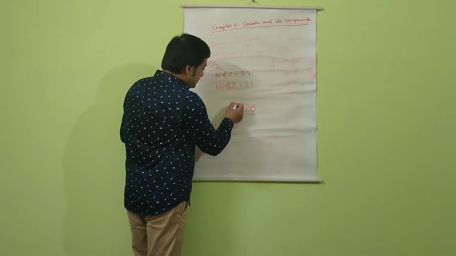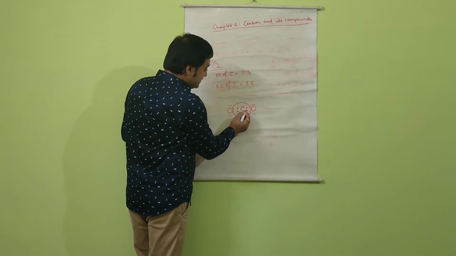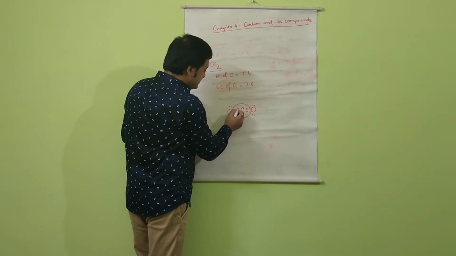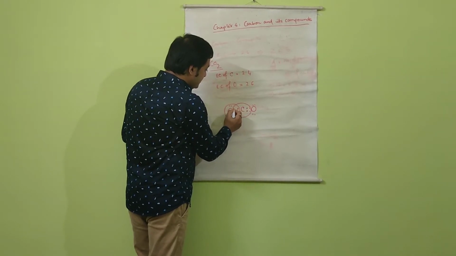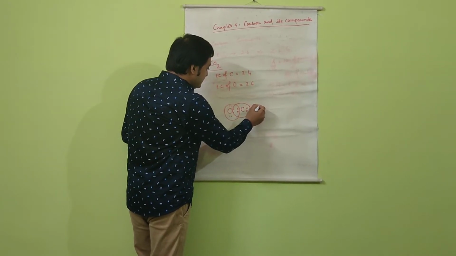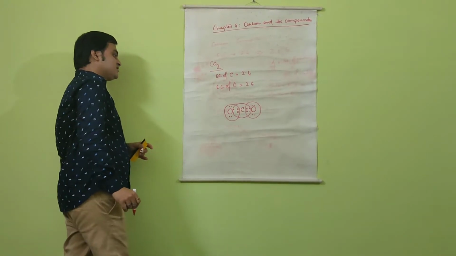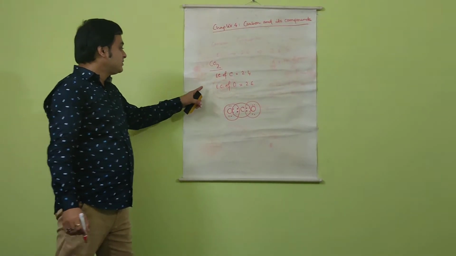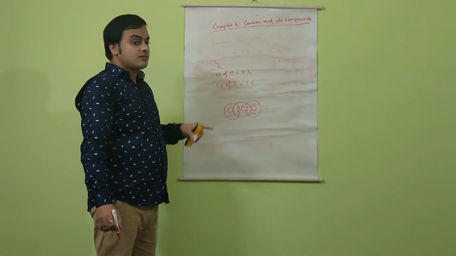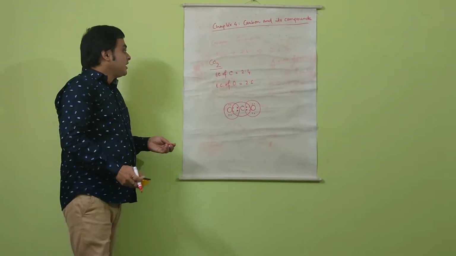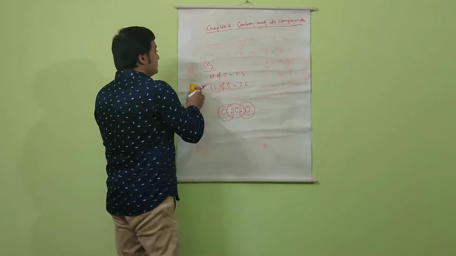In the case of carbon, an octet configuration of 8 electrons is observed here. We see 2, 4, 6, 8. And for oxygen also we see the octet configuration, 2, 4, 6, 8. And in this case also we see this. So a stable molecule is formed. This is the Lewis dot structure of carbon dioxide. Now let us take another example.